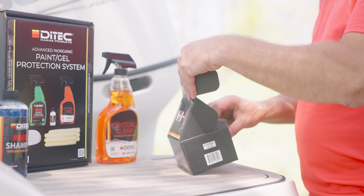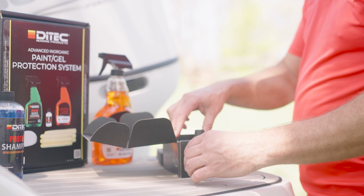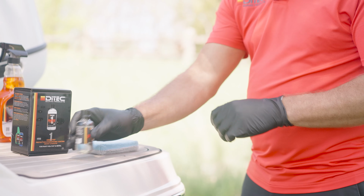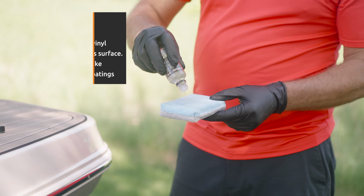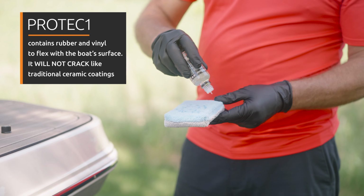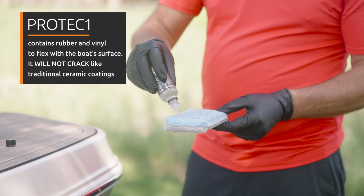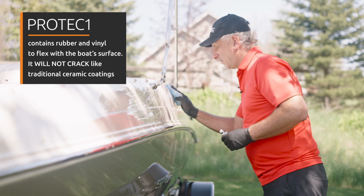I recommend using PROTEC1 over traditional waxes and sealants. It is easy to use, goes on in one easy step, and can be applied by any applicator. Most importantly, PROTEC1 will not crack like traditional ceramics. It contains rubber and vinyl, so after it cures and has adhered to the gel coat, it will flex with